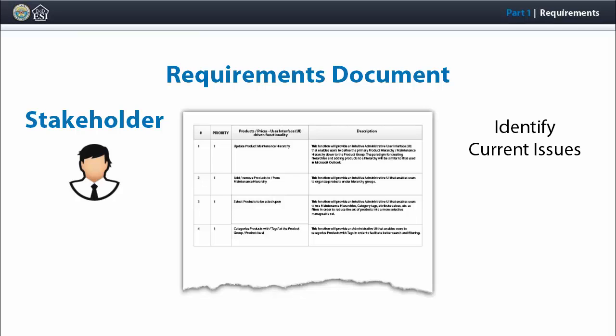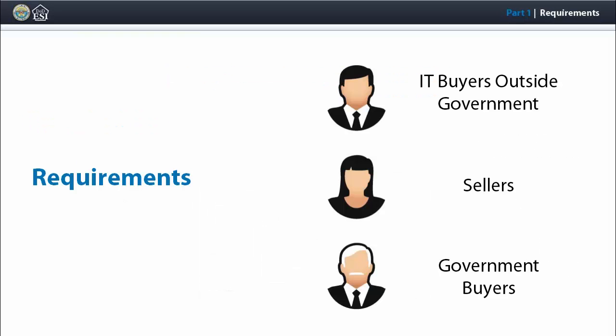Identify the issues, challenges, or shortcomings under the current scenario. Define the end goal of the system or the solution sought, and list the detailed functionality and capabilities needed to achieve the end goal. The term requirements will have a different definition depending on the viewpoint or role you are